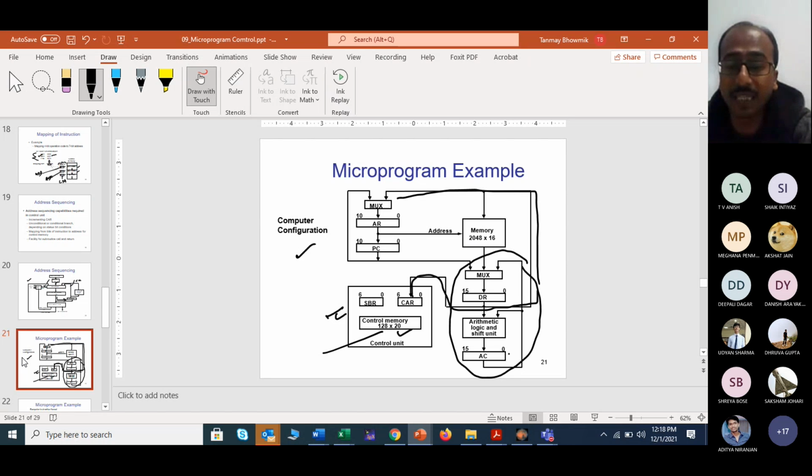So you can very easily identify that here you can first see that these 11-bit, that means 0 to 10 bit addresses are there, and the same thing is being repeated here when you are using this control memory. You can see that 128 cross 20. That means 128 number of locations and 20 bit is your data width, right?